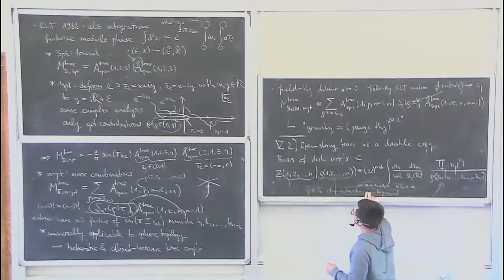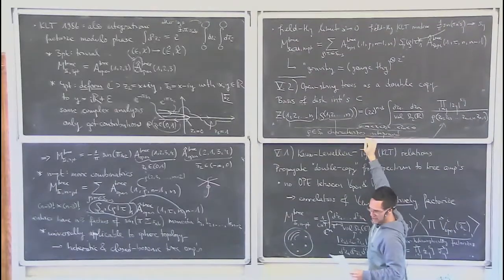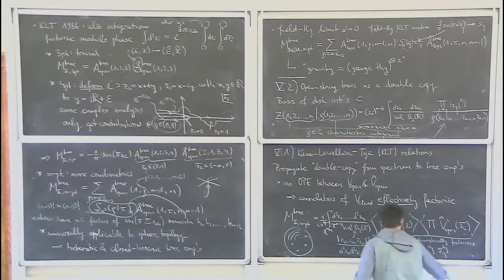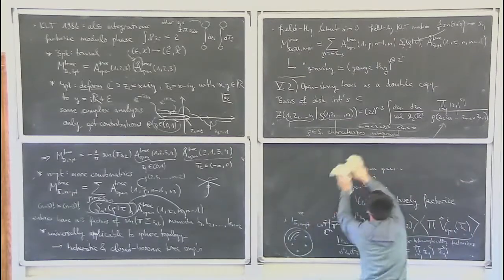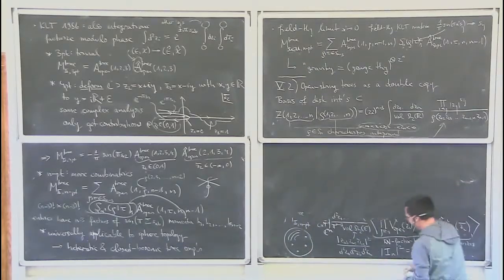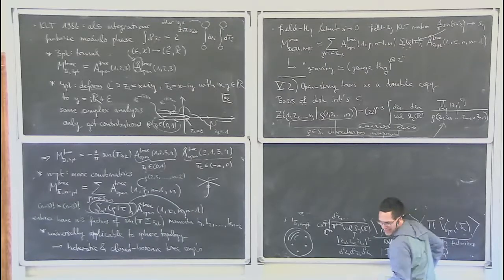Okay, so how does this connect with the open string tree? And how does this connect with KLT relations? Let me address that next. So if we go back,